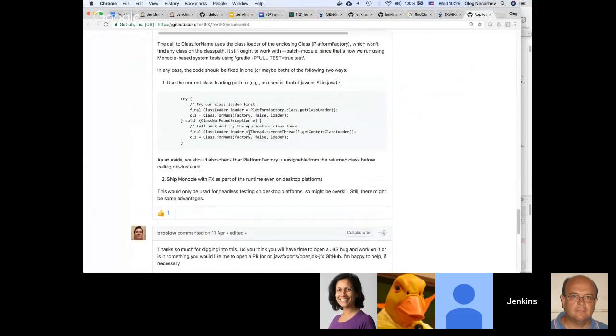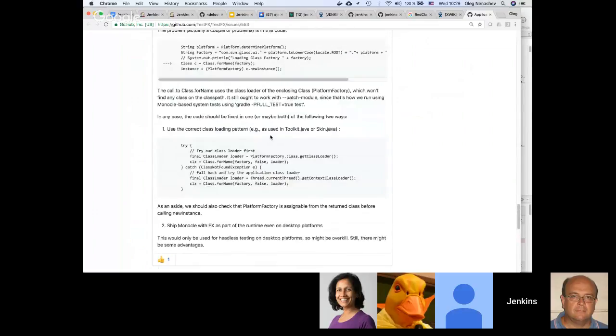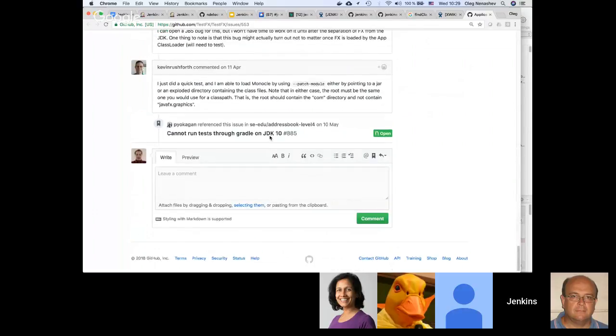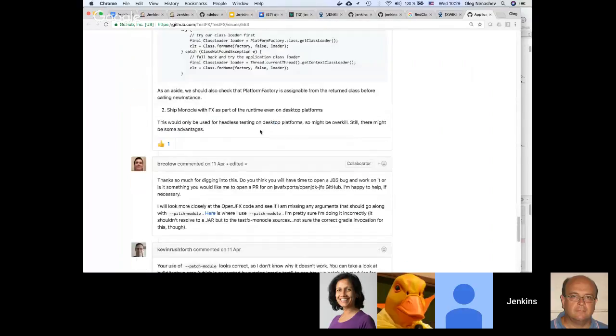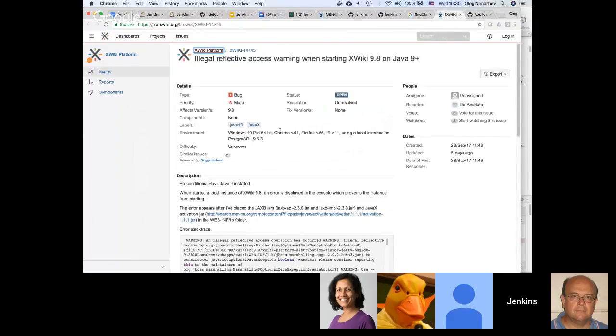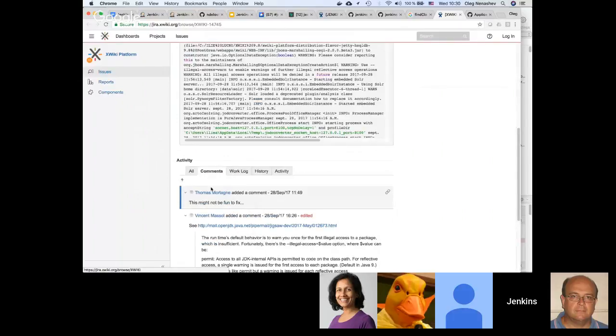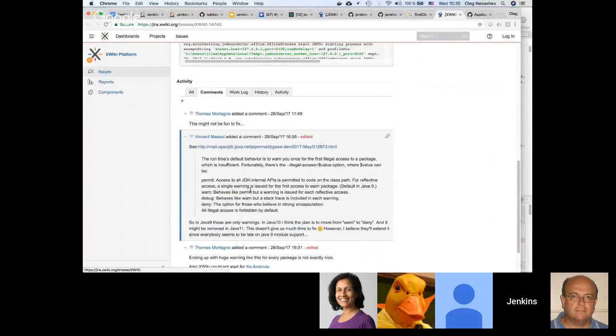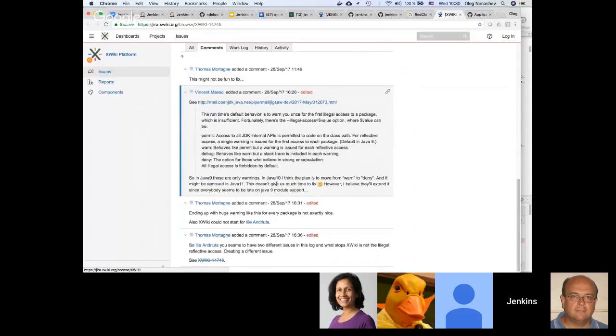Yeah, right. Okay, this seems to be one of the valid approaches. So we use Class.forName, but we pass the class loader there, which is probably feasible. And yeah, let's see what the XWiki project did. I guess so far they haven't updated the code yet.